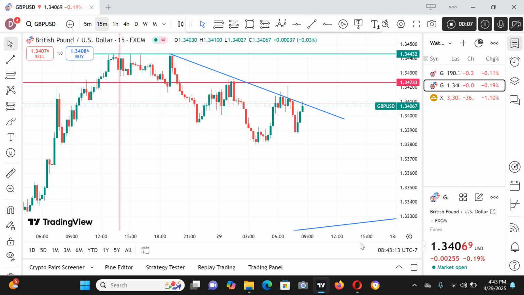Today, I want us to learn how to calculate risk management on GBP, on Great Britain pound versus United States dollar. Risk management is as important as a good strategy and the right psychology you need to succeed in this industry. In fact, without knowing how to manage your risks or calculate your risks, I will confidently say that you are